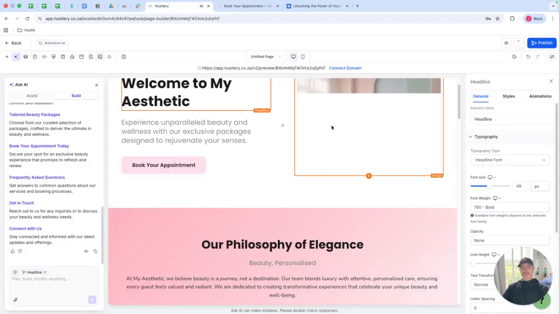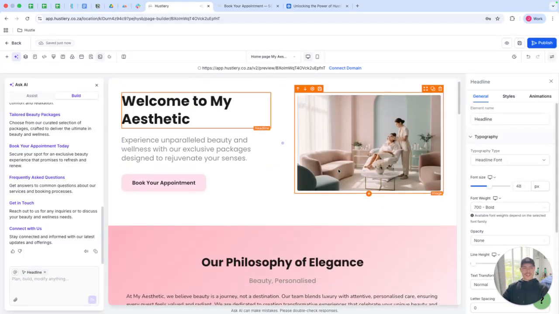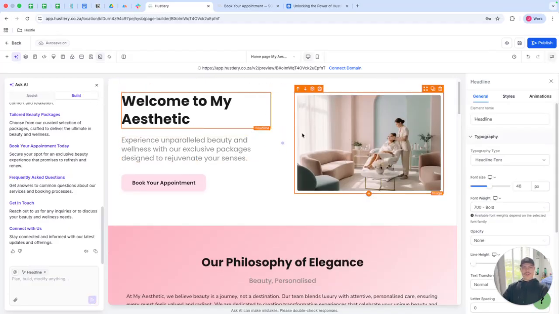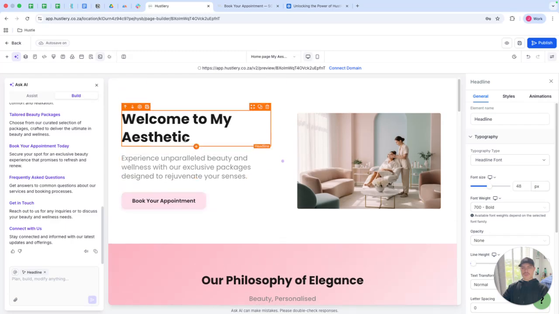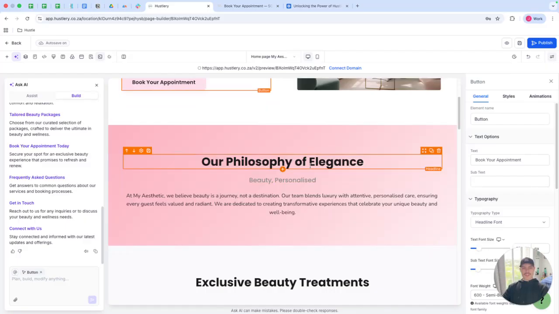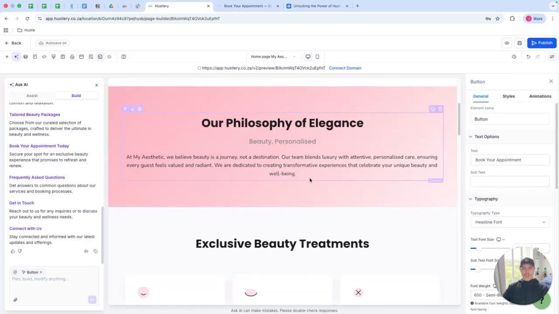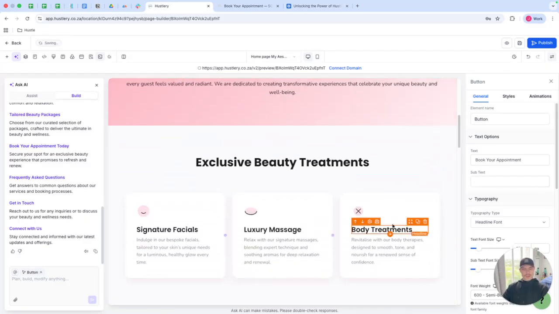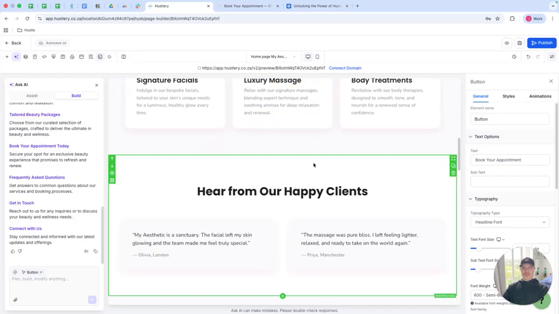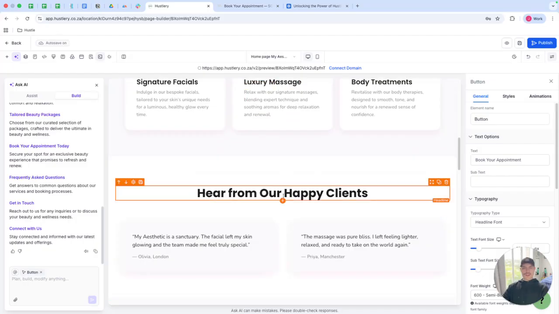And it designs all of your sections for you. It actually generates some photos as well. You can go and change these photos to your own. There's a nice hero section with a heading, subheading, book an appointment now button, our philosophy of elegance, well-written copy, little sections like this with exclusive beauty treatments, the services that you provide, a review section here from our happy